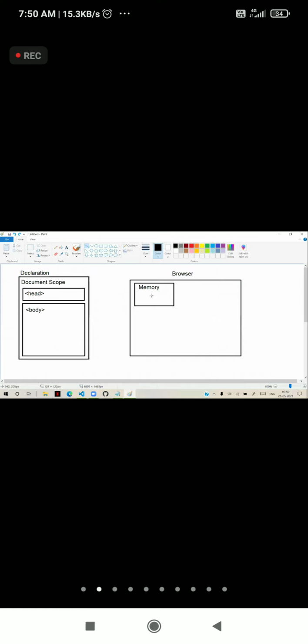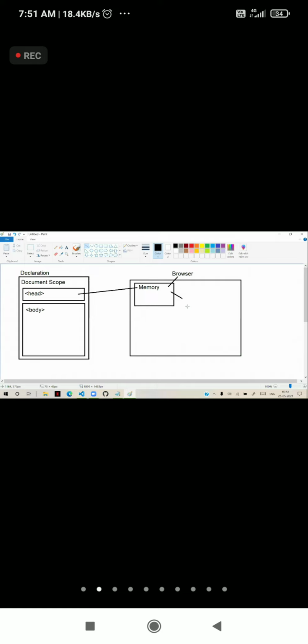So head section, remember, head section contains information. This information is sent into browser memory first. From the browser memory, later the browser can use it, or it can show it inside the browser area, that means the workspace.